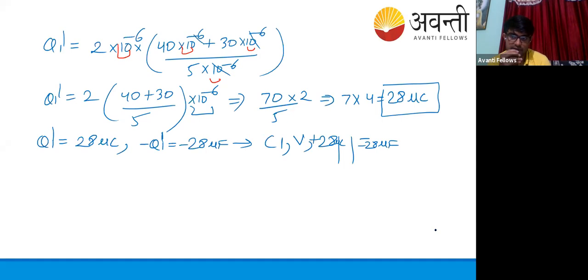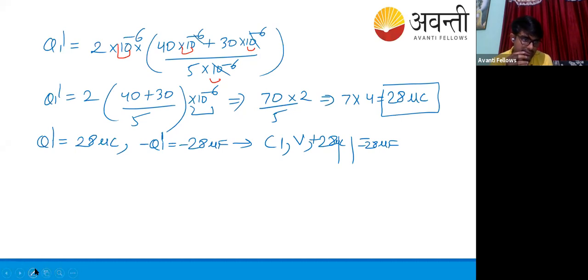Okay, now some students have texted me. Yeah, that's great. That's fine. We can convert it like 10 minus 6, 10 minus 5, no problem. Yes, Sakshi has answered the correct answer, 28 microcoulomb. That's great. Satyam has also answered 2 into 10 minus 5. So it will convert, it will be like that only. So okay, just match the answer.